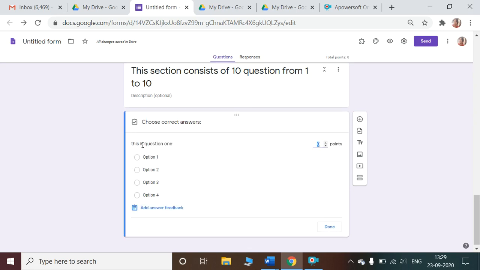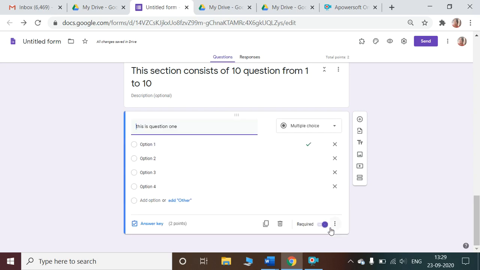Let's say the answer of this question, question 1, is 1. Click here. Add points. Now we have to add points. The points is 2. Marks for this question is 2. Done. So you can see here that this is the correct option, and the marks awarded to this question is 2, and we have shuffled the option order.